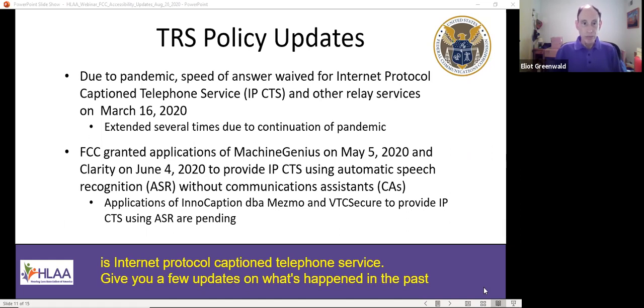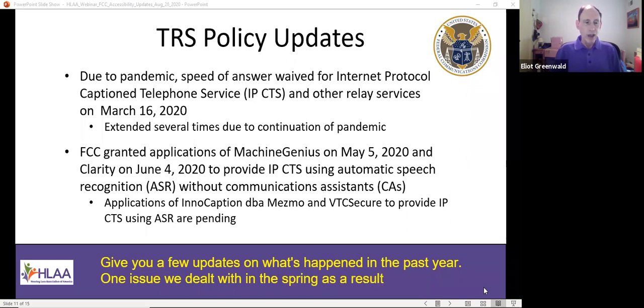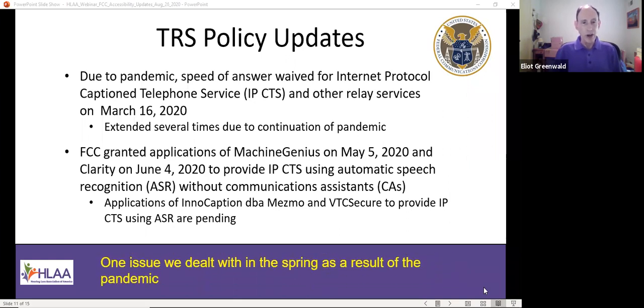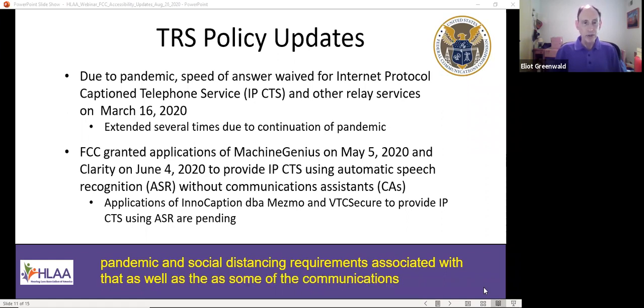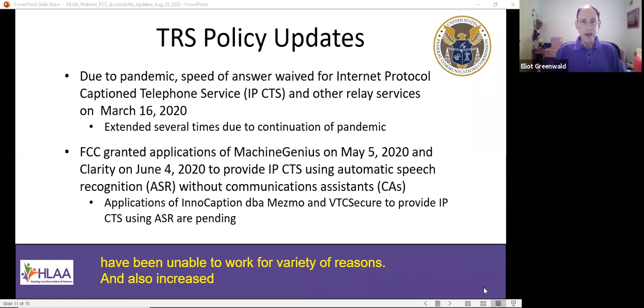One issue we dealt with in the spring was as a result of the pandemic and the social distancing requirements associated with that, as well as some of the communications assistants being unable to work for a variety of reasons, and also increased usage as a result of people having to isolate themselves and therefore relying more on telecommunications.